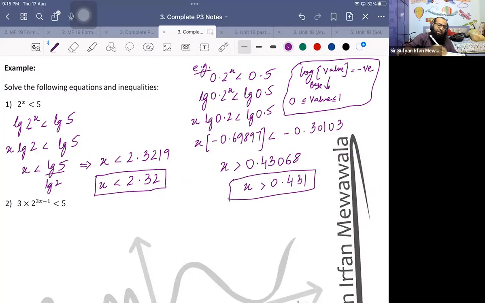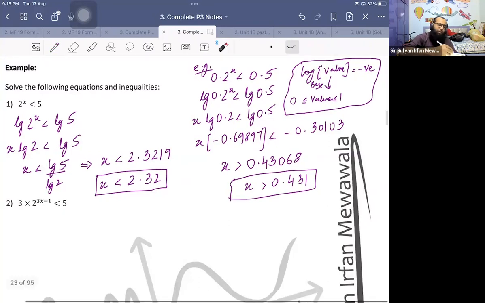So it is recommended that if you are solving inequalities or exponential equations, you can use method 1 or method 2, by taking lg or ln on both the sides, or converting into log form, as we have already studied. But in inequalities, it is preferred that you take lg or ln on both the sides, because if you convert directly into log form, over here you can do like this: